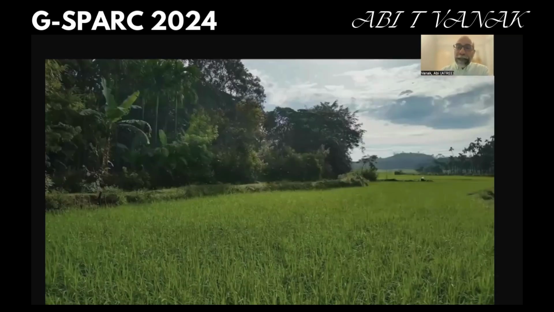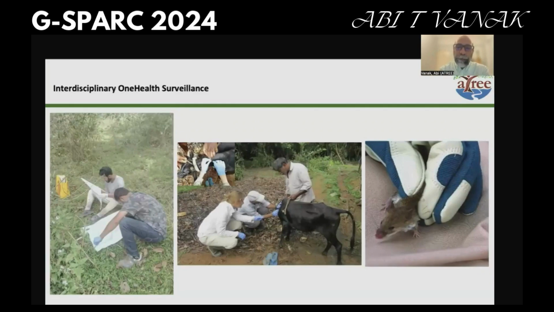These are the typical landscapes that this disease is found in. For example, these are in Shimoga, in Tirthahalli. A typical landscape with paddy in the valleys, and plantations, areca, secondary forests, and primary forests. So a really interesting mixed landscape. In this landscape, we did an interdisciplinary OneHealth surveillance, where we used ecological sampling techniques to look for ticks on the forest floor and other vegetation.